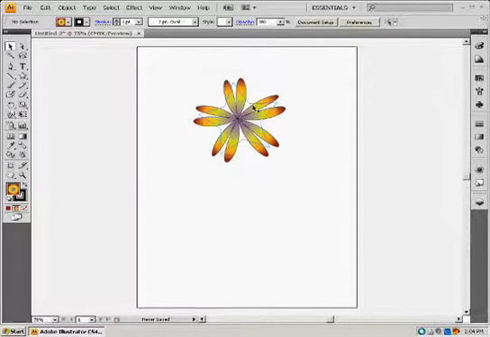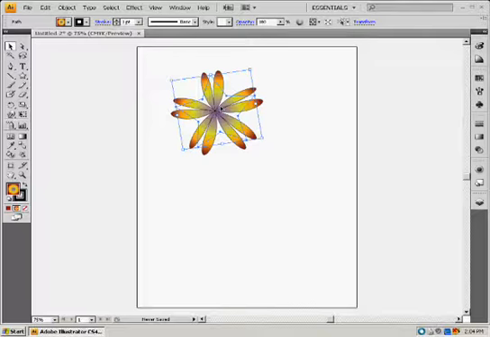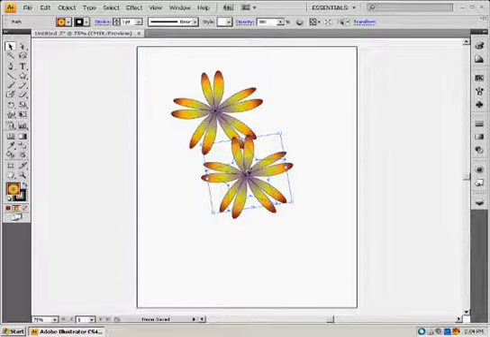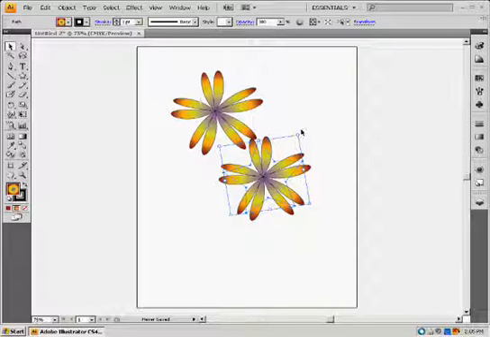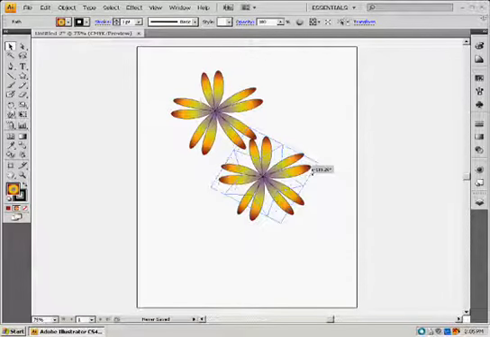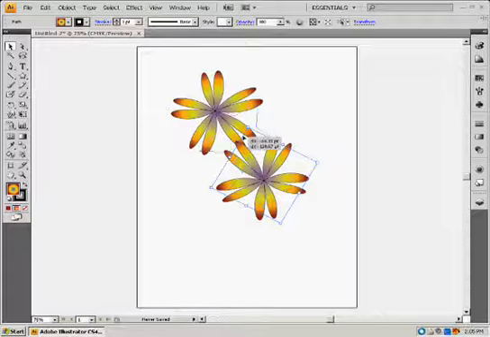But it really doesn't look like a flower because it's missing a couple of little areas there. So I'm going to click on it again with my selection tool to select it. I'm going to hit Control C to copy it, Control V to paste it, and now I've got another one there. And what I can do with this one is go right outside the bounding box and rotate it just like I would in Photoshop. So I'm going to rotate it about 119 degrees there,